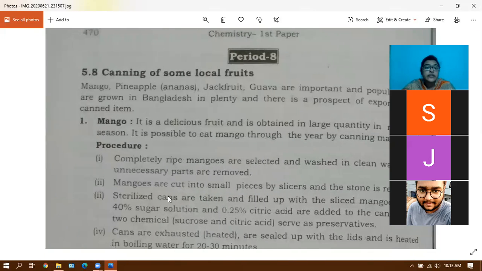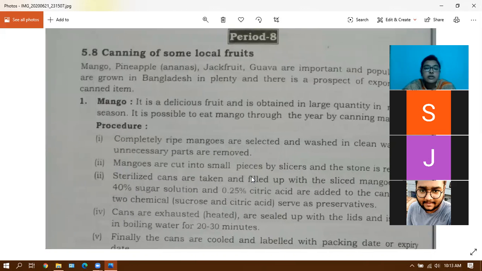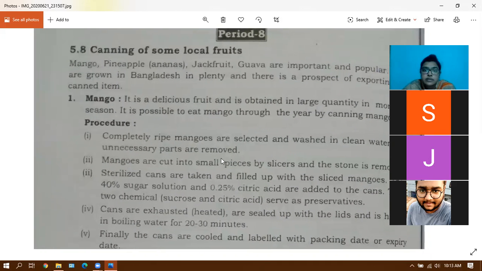Look, first, what have I said? First process is collecting raw materials. That means completely ripe mangoes are selected and washed in clean water. And the selection, that means the unnecessary parts are removed. Second, mangoes are cut in small pieces by slicer and stone is